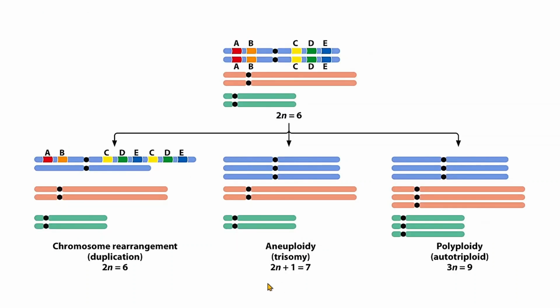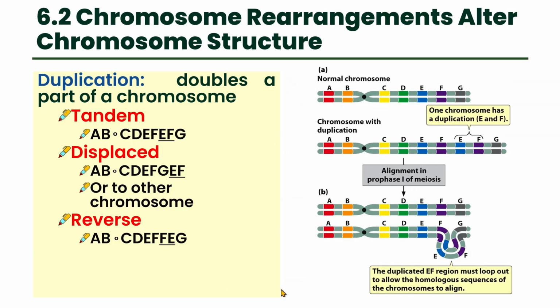So this is just a diagram showing you the differences of the chromosomal mutations that we just mentioned. In duplication, there is a doubling of a part of a chromosome. It could be tandem duplication, where the two consecutive genes are being repeated in one arm, or displaced duplication, where